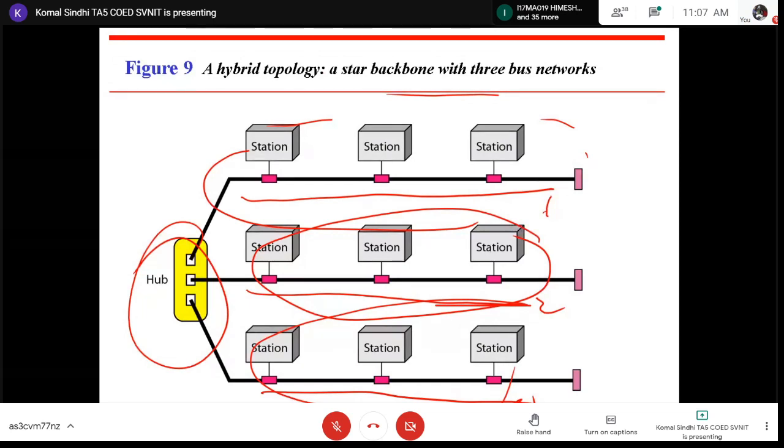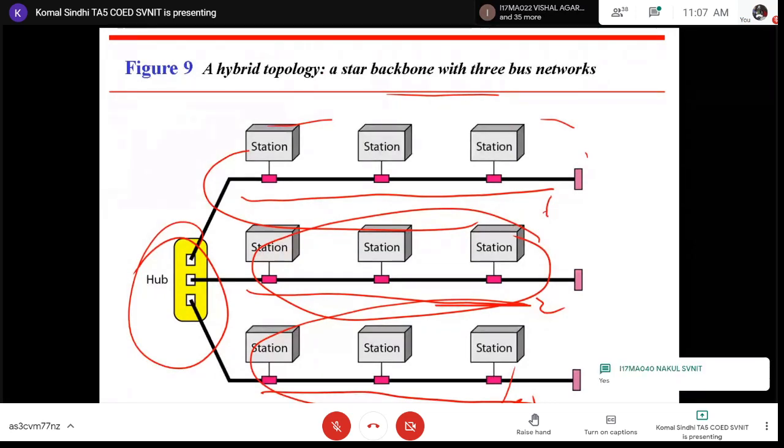Can I combine star topology and ring topology? Yes or no? Yes, you can always combine star and mesh. Then I can combine star and ring as well, right?